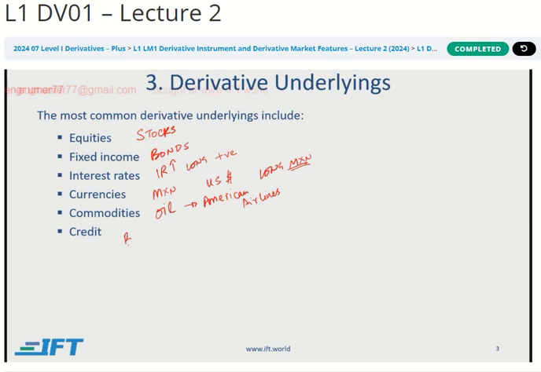Credit, so think about a bank that is giving loans, and let's say they are giving a very large loan. A bank is giving a very large loan to, let's say, American Airlines. And they are worried that what if American Airlines goes bankrupt? So what this bank could do, it could get into a derivative contract, and you can think of it as like an insurance policy. So they can maybe talk to American Insurance Group